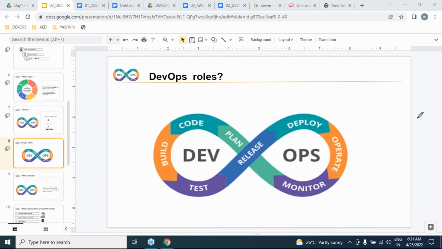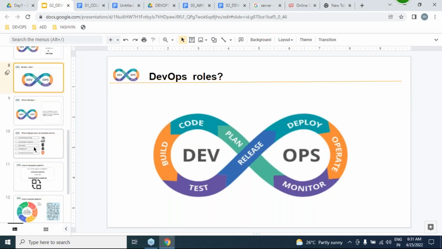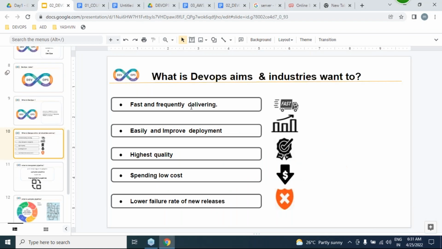So what is the advantage? Guys, please let me repeat one more time. What is the advantage if you are using the DevOps process? We can deliver fast and frequently, we can improve the number of deployments, we can increase the quality, reduce the cost, and reduce the failure rate.